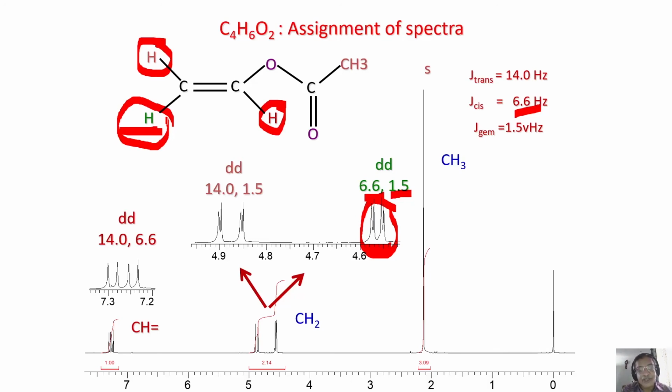So now what I showed you is a simple molecule utilizing the idea that trans coupling is larger than cis coupling, which is larger than geminal coupling. Looking at the pattern of the spectrum, all the three protons are inequivalent, and I could make the assignments very easily. This is why I was telling you when I was discussing couplings that trans coupling is always larger than cis. You remember, many number of times I told you varieties of examples. This is the reason. Those ideas will come into practice when you want to analyze such spectra.